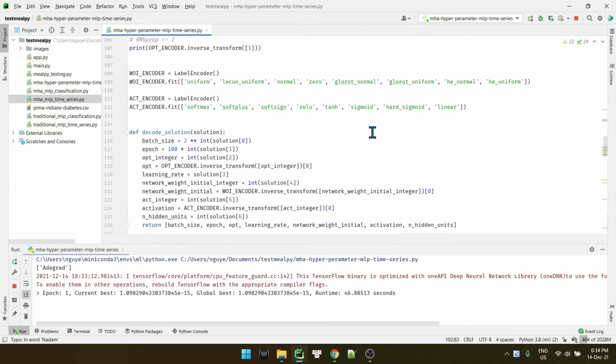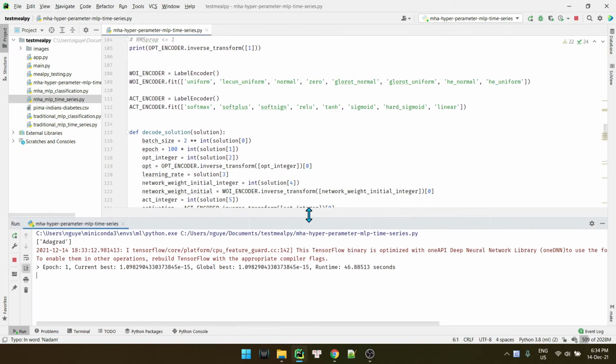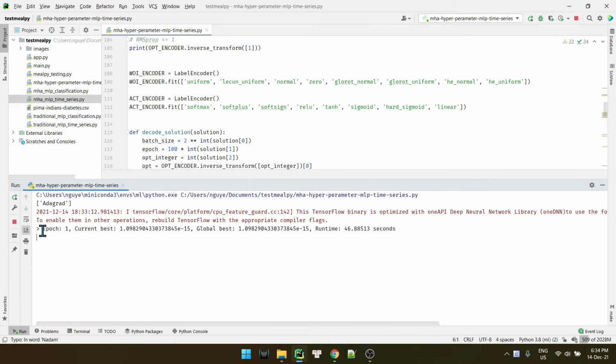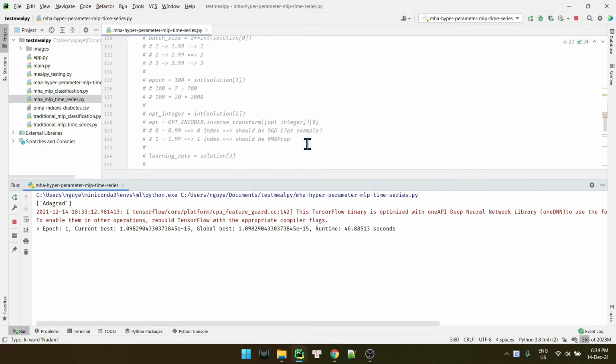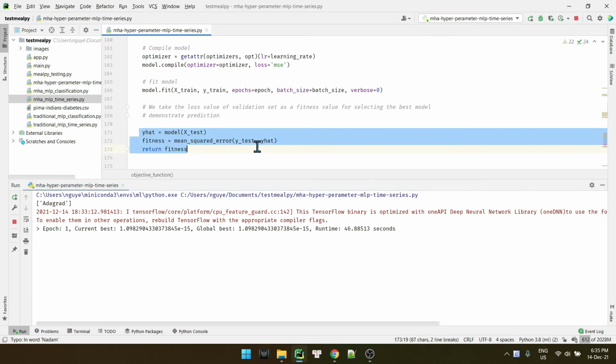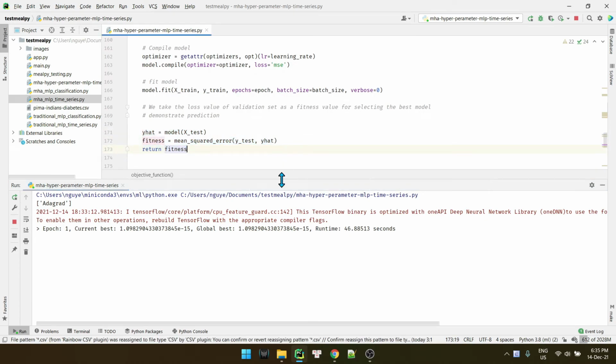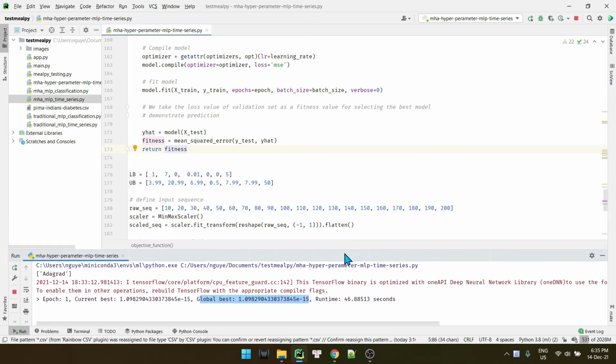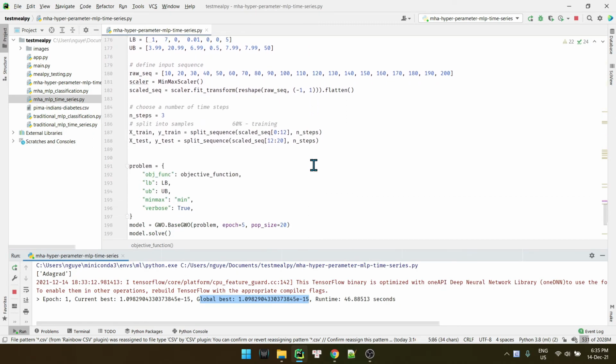So okay, we got the result for the first epoch. We got the finite log values. The log value of the mean square error of this network is so small. It is nearly like 0. So maybe we got the best model.